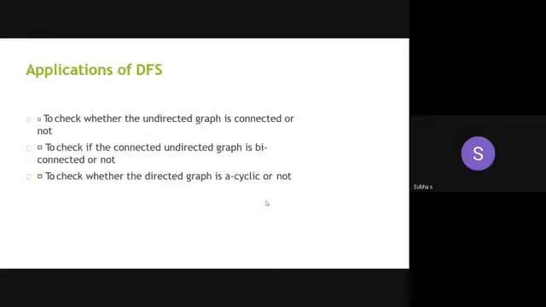And also, this DFS is used for checking whether the graph is bi-connected or not. Bi-connected means there is a path from A to B and also from B to A, because you are backtracking and checking whether there is any path. If there is no path from one vertex to the other vertex in the reverse direction, then that is unidirectional. It's not biconnected. And also to check whether the directed graph is cyclic or not, whether it contains cycle formation, this is for a directed graph. These are the applications; mainly we are using it in the maze game.